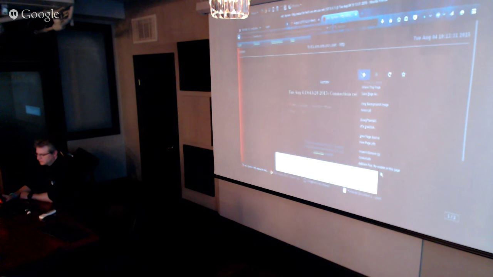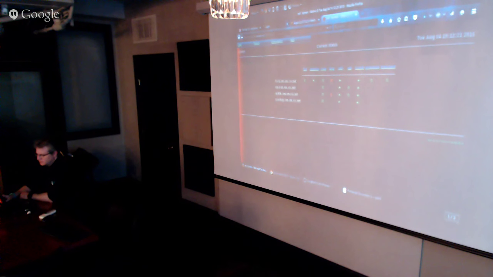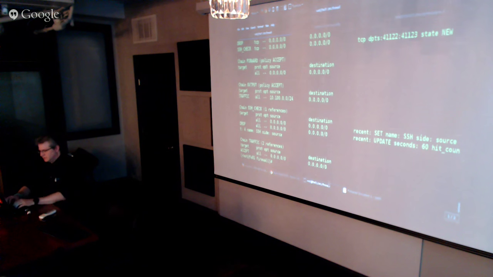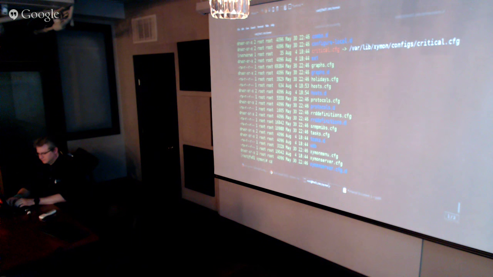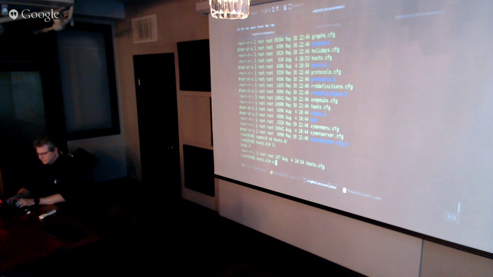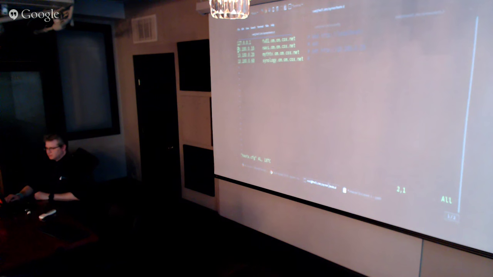Well, it's not really listening on the right port. In the host config, I'm just telling it to hit localhost, which I'm not listening on port 80. I'm listening on 8082.